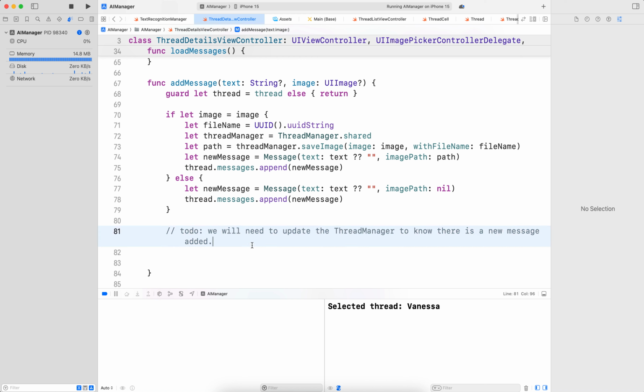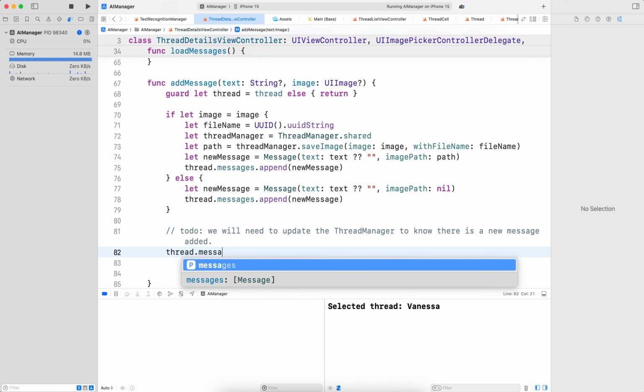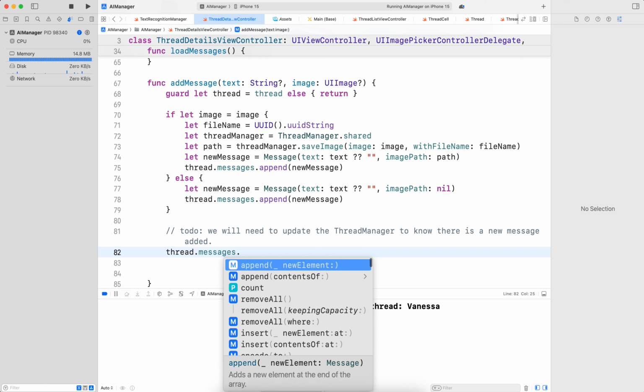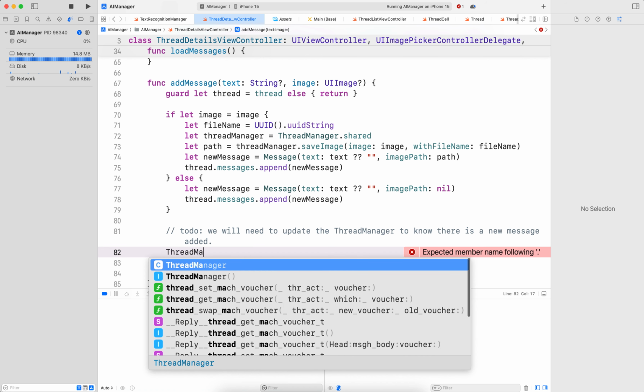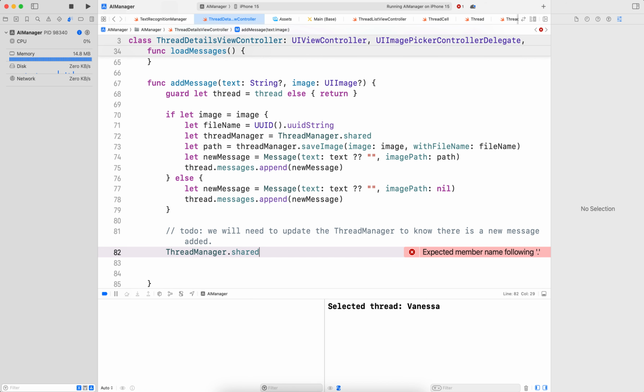So we already have that. So we can do thread dot messages dot, okay, we already have the append. So right after this, we already have the append. Then we need to update the thread manager. So thread manager dot shared dot update thread, and that would be the thread that has this thread. Now, the update thread does not exist, so we're going to go ahead and create it inside of the